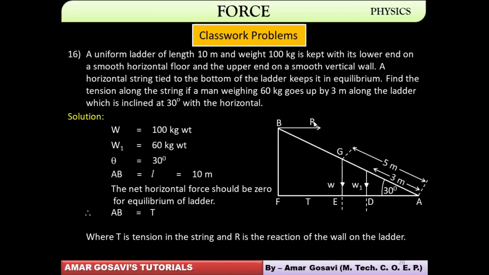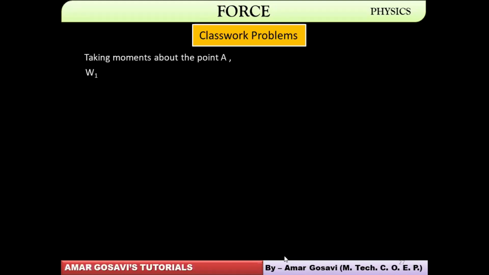When we take the moment of R about A, the distance FB has to be noted. So if the hypotenuse is 10, we know the other distances. We can always find out the distance FB also over here. So if I take the moments about A, you can see W1 into AD plus W into AE. Obviously, they are positive because they are creating anti-clockwise rotation at point A. Therefore, positive moments. Minus R into BF. In this case, it was creating clockwise rotation. Therefore, minus.